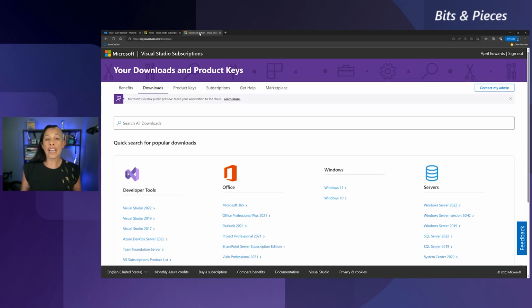Now, it's just called the Downloads tab for short because really the name is too long for the tab title. Visual Studio subscriptions provide access to a wide range of Microsoft products for designing, developing, testing, and demonstrating applications. Now, the Downloads tab was recently updated, and this is where you can find all the downloads that are available